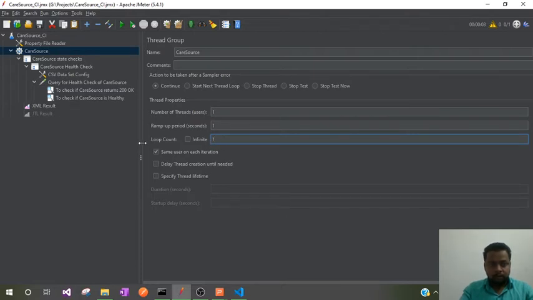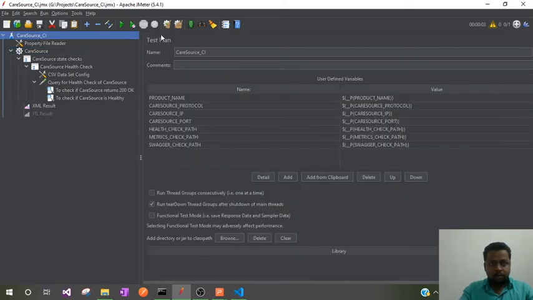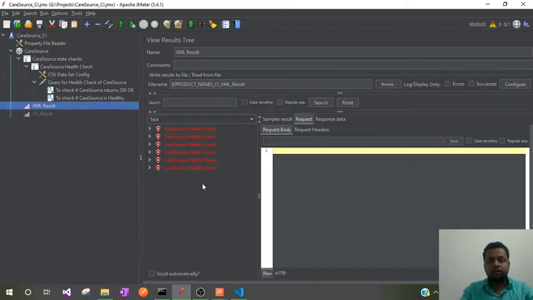As we have given the loop count for our thread group as 1, it has been executed only once. Now, as we know, my CSV file contains 6 values. So I will give the loop count as 6 this time, and press Ctrl S to save this change. And now I will execute it once again. Clear the previous data and then click on start. It will execute once again.